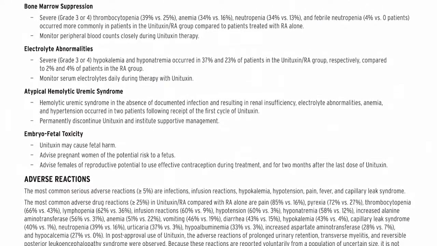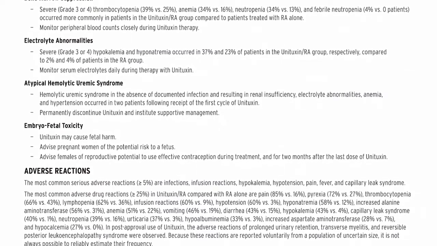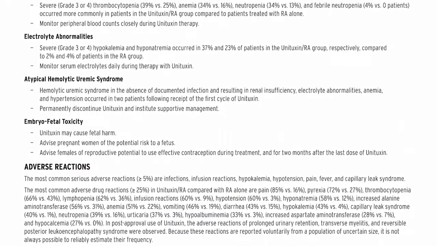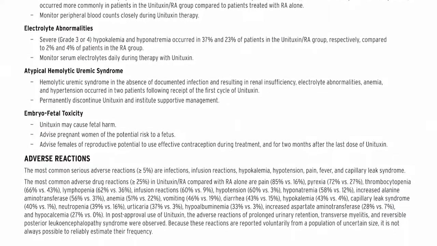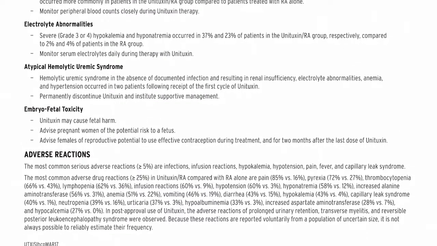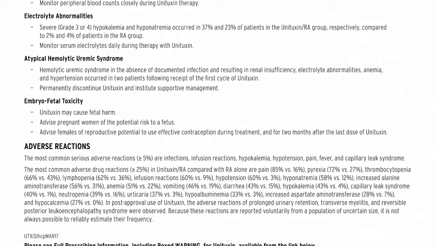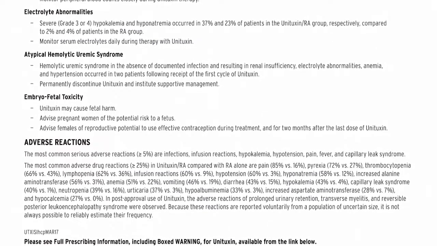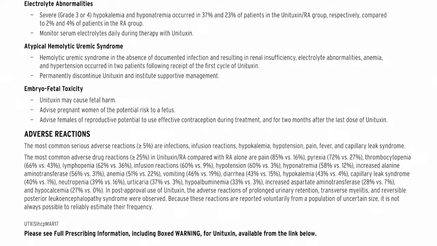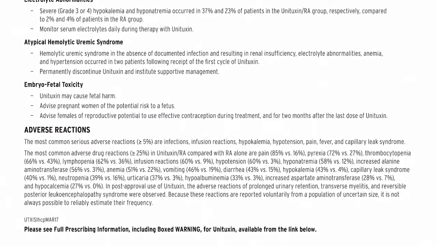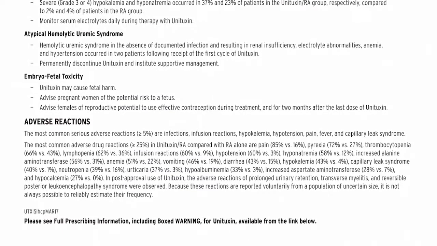The most common adverse drug reactions, greater than or equal to 25%, in the Unituxin RA compared with RA alone, are pain, 85% versus 16%, pyrexia, 72% versus 27%, thrombocytopenia, 66% versus 43%, lymphopenia, 62% versus 36%, infusion reactions, 60% versus 9%, hypotension, 60% versus 3%, hyponatremia, 58% versus 12%, increased alanine aminotransferase, 56% versus 31%, anemia, 51% versus 22%,